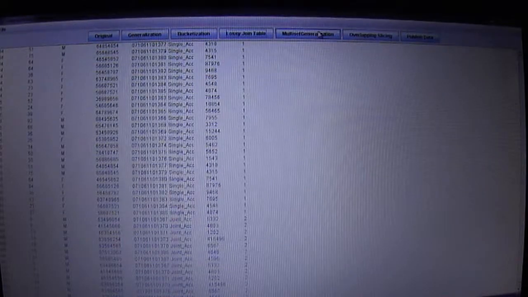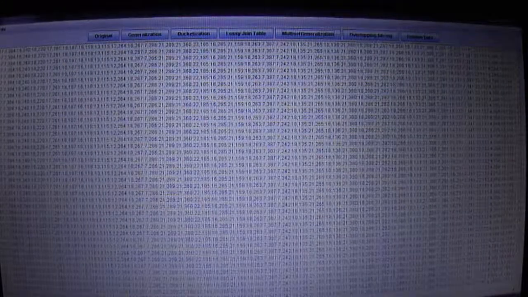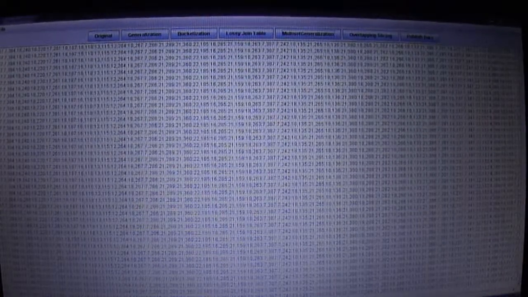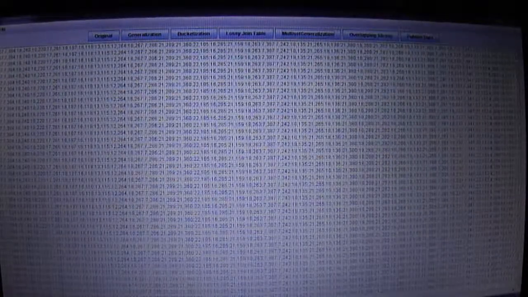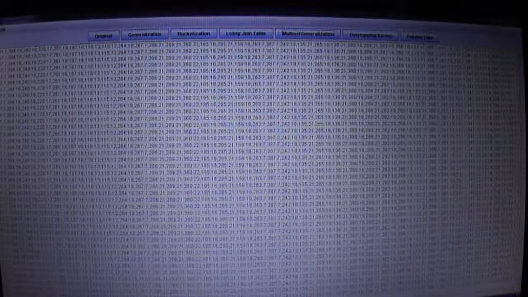Then comes the multi-set based generalization. In the multi-set based generalization, an attribute value is given a multi-set value, that is for the whole tuple. Each value is replaced with the multi-set value. Each value in the data set, that is each attribute, gender or age, will be given all the values in the particular tuple.